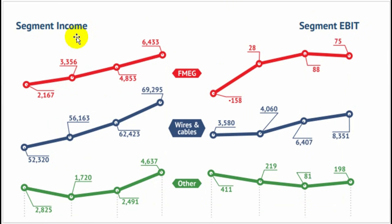Let us look at the segment income and segment EBIT, that is through which segments the company is receiving how much income. The fast moving electronic goods is contributing around 6,433 crores in 2019. The first value on the right is 2019 and the leftmost is 2016 values, whereas the EBIT generated is around 75 crores through the FMEG business. Wires and cables contribute around